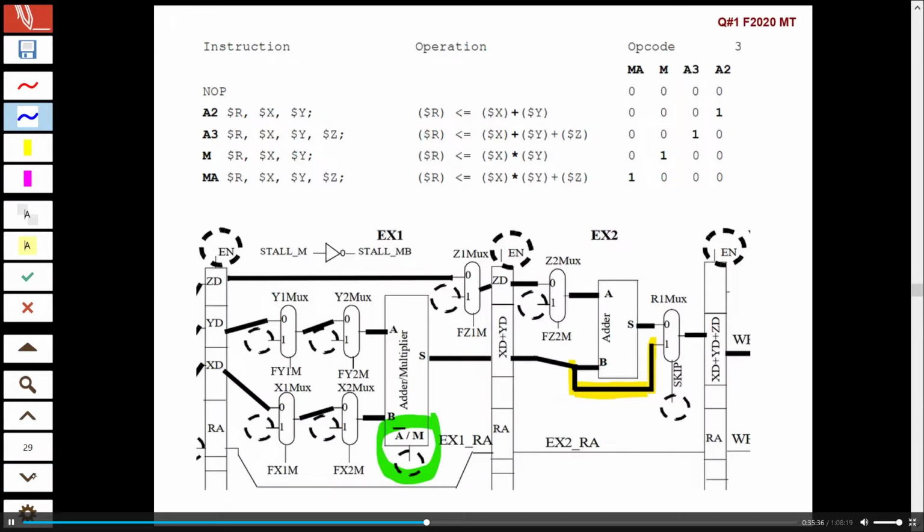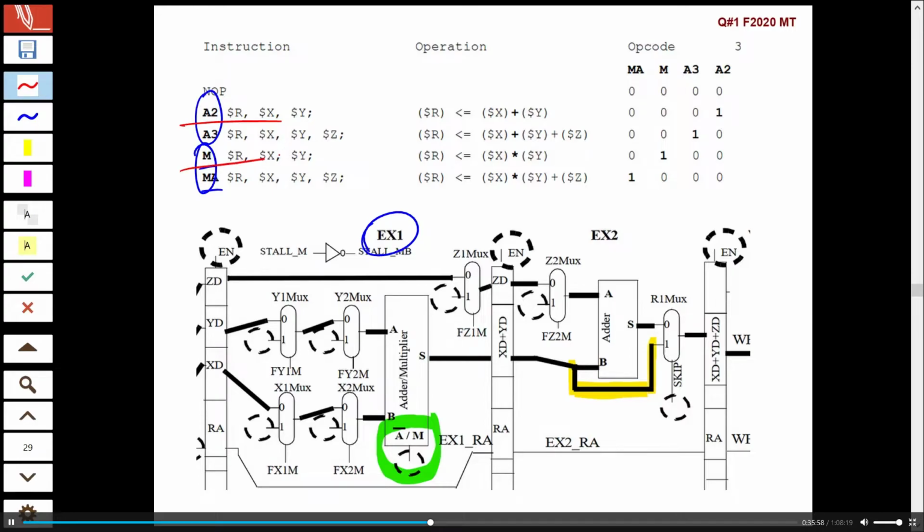I hope I'm telling right. No, instead of multiply to just M or multiply and add. So those are the instructions. So add or multiply in EX1. Within them,